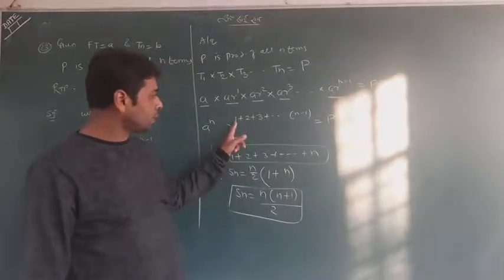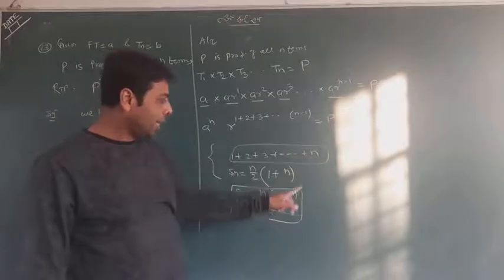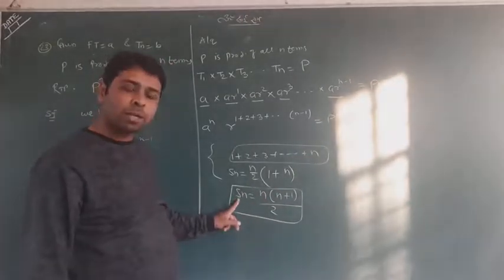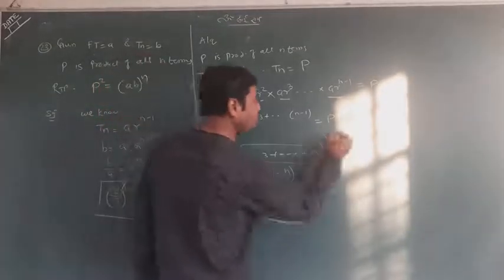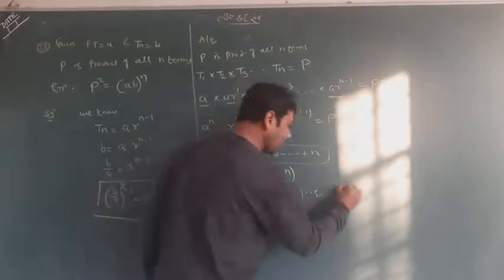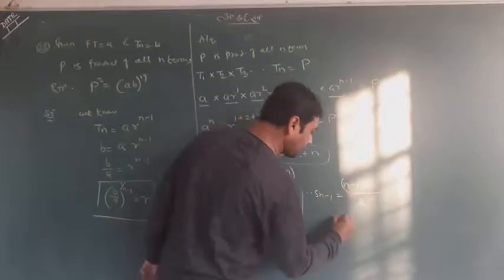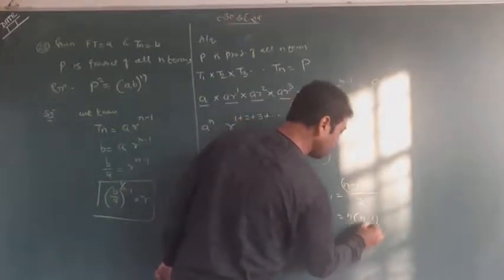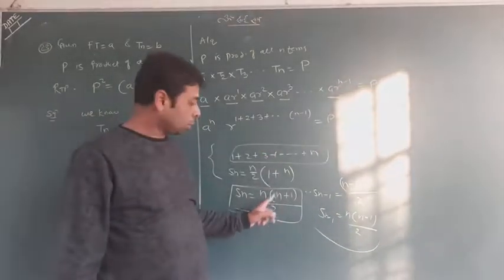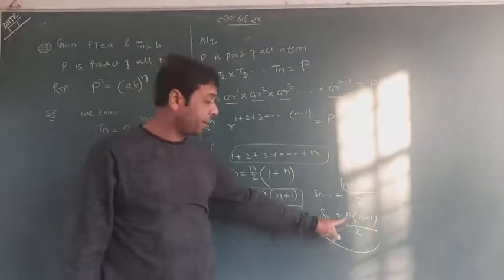But if you focus, this is also a sum of natural numbers, but till the n minus 1 term. So put n equal to n minus 1 now. You will get the sum of n minus 1 terms. That was the sum of n natural numbers, so for the sum of n minus 1 natural numbers, instead of n you write n minus 1. n minus 1 plus 1 is n upon 2, so lastly it is n into n minus 1 by 2. You should remember the formula. The sum of n natural numbers is n into n plus 1 by 2, and the sum of n minus 1 natural numbers is n into n minus 1 by 2.